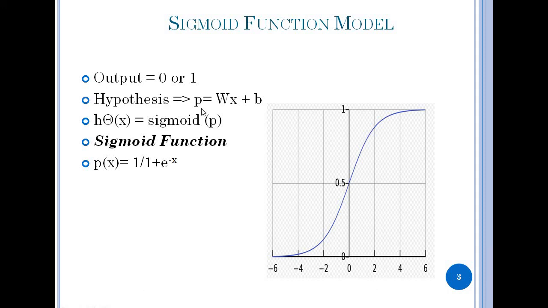So this linear equation is fed to the sigmoid, and the sigmoid function here you can see is 1 upon 1 plus e raised to minus x. So when this e raised to minus x is going to be 0, then it is 1 upon 1, which means the value is going to be 1. Whereas if you look at this x, let's say x is a significantly large negative value, then it is going to be 1 upon infinity. So 1 upon infinity is equal to 0, so it is going to be 0. So here it is going to classify between 0 and 1. So let's start with the implementation part.